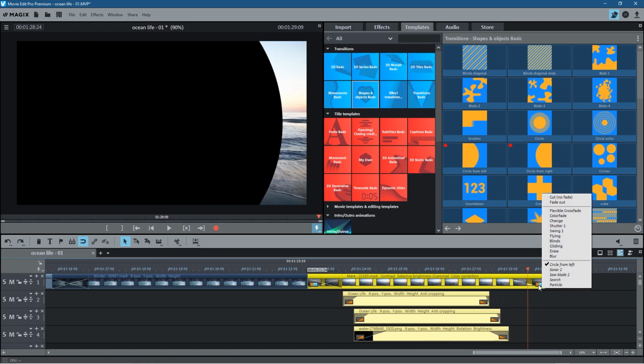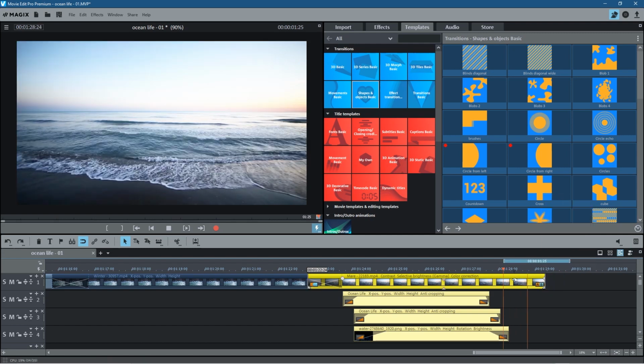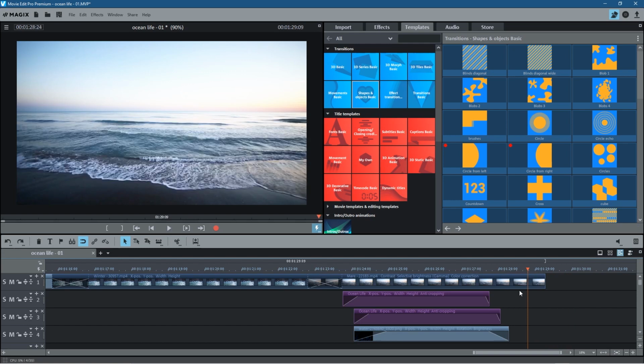We don't want this transition. Let's click here. So if you click on the transition itself, you can say no cut fade. And that will get rid of that end transition there, right? One thing to bear in mind,